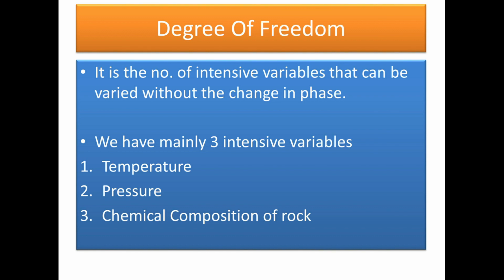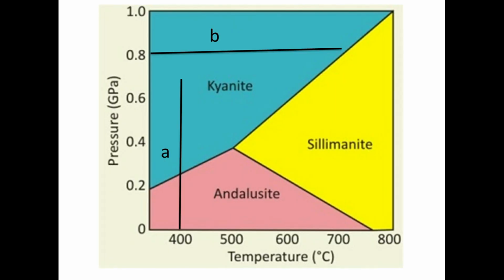But if we look at the volume of water that was present before and the volume after this, we will notice that the volume has reduced. So volume is an extensive property which depends upon the amount of substance present in the system. But temperature and pressure are intensive properties and are independent of the amount of substance present in the system. Now in this figure, as you can see, there are two variables. One is pressure and the other one is temperature.